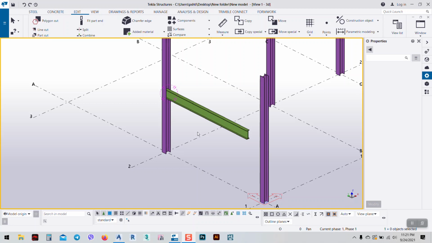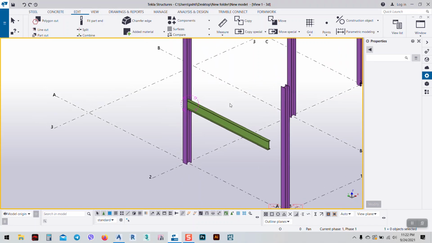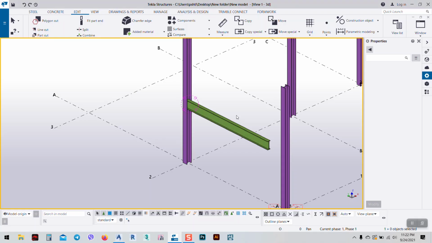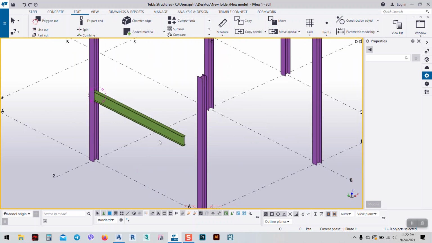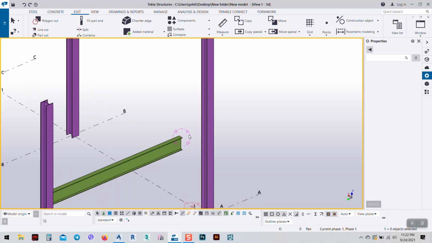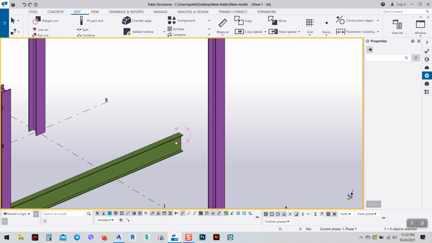In today's lesson I would like to show you a very important connection in Revit structure. I know this particular structure, but I want to show you a connection here, which is a very important connection. Sometimes we need to make a connection between a beam and a column, and we want to put them with plates, not with